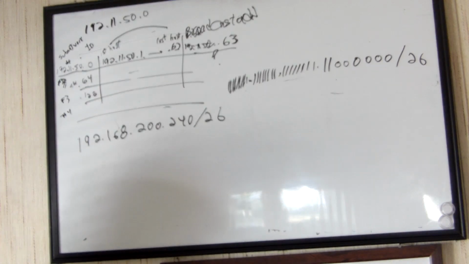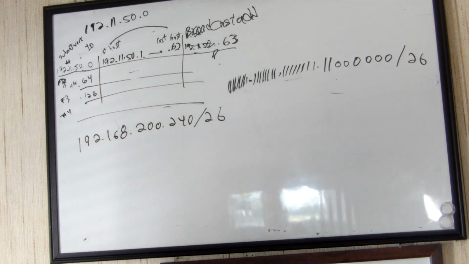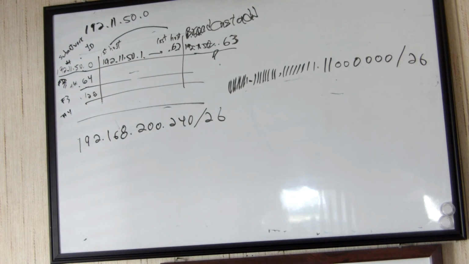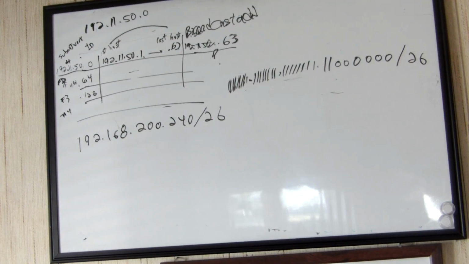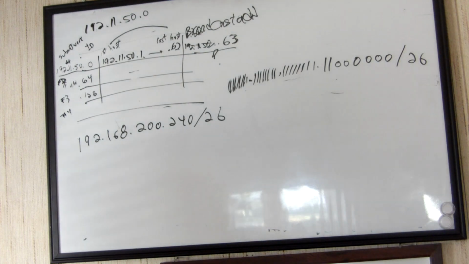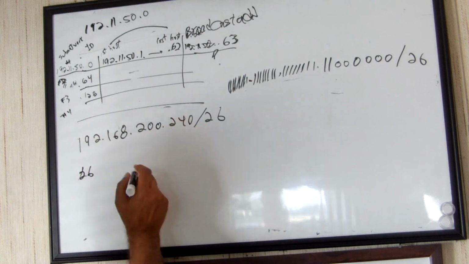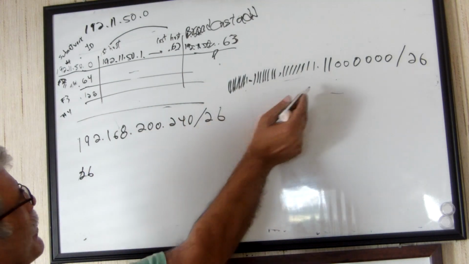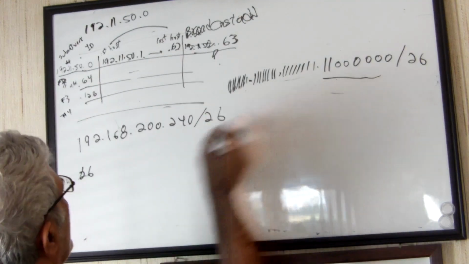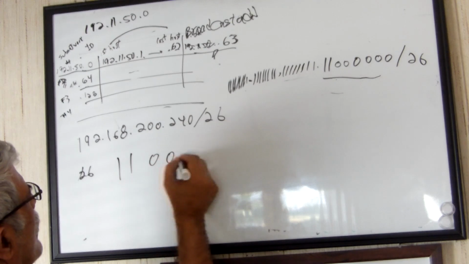Okay, 26 is related to the network portion and host portion. So what you do, you write 26 ones here, 1, 1, and then